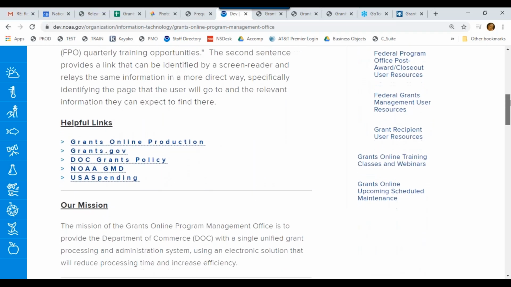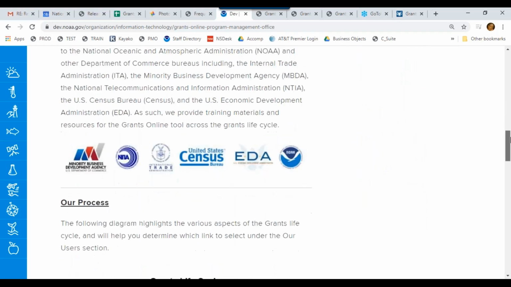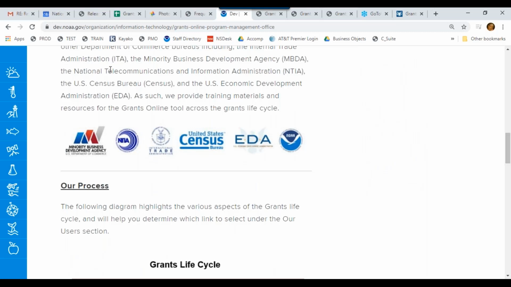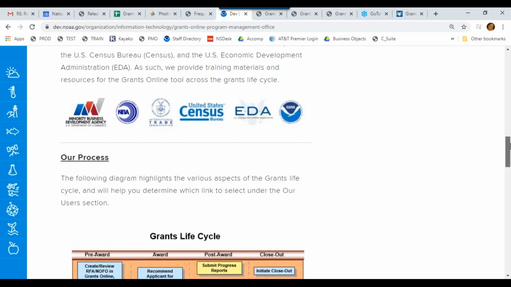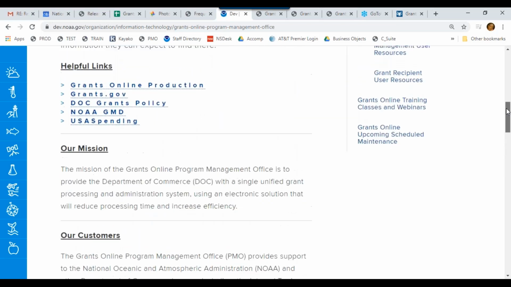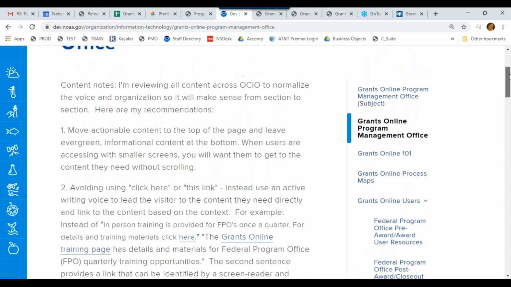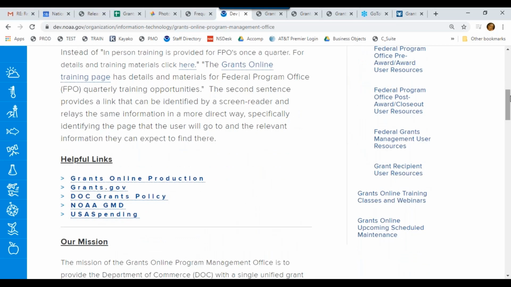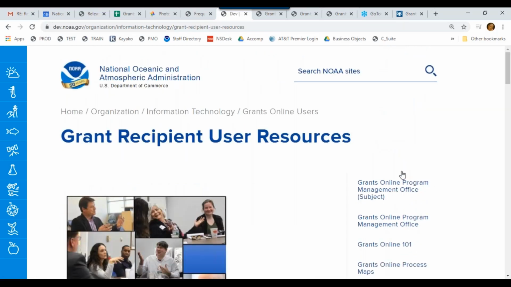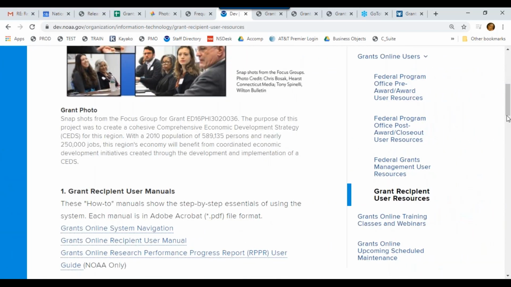And then some information about some links, our mission, our customers. And right in the middle, we want to show you that indeed, even though this is a NOAA page, we do support multiple bureaus in the Department of Commerce and Grants Online. So you will see this particular image that has the various bureau logos. Okay, then on the right side, there's going to be various links, and the one that you're going to key in here is grant recipient user resources. And then on your page,